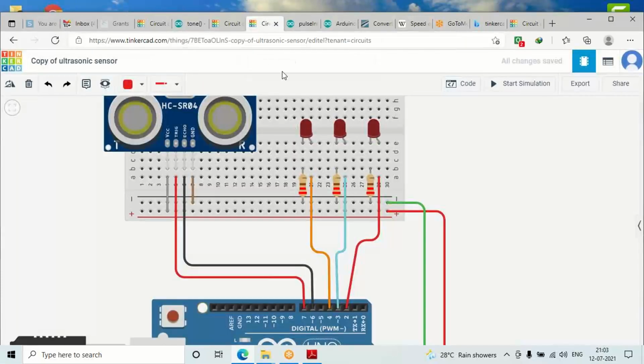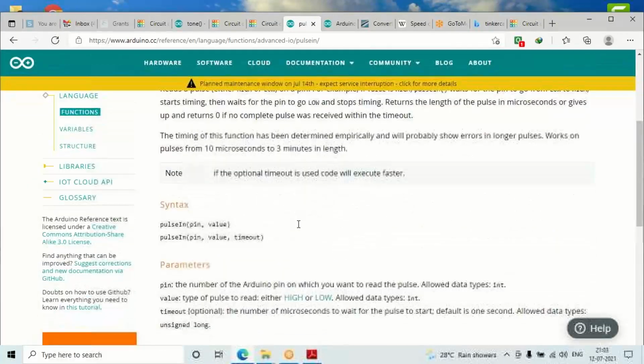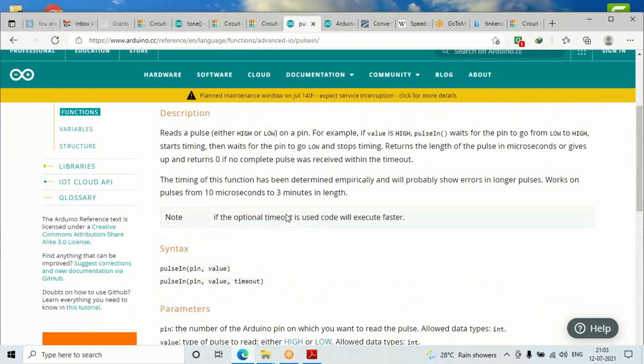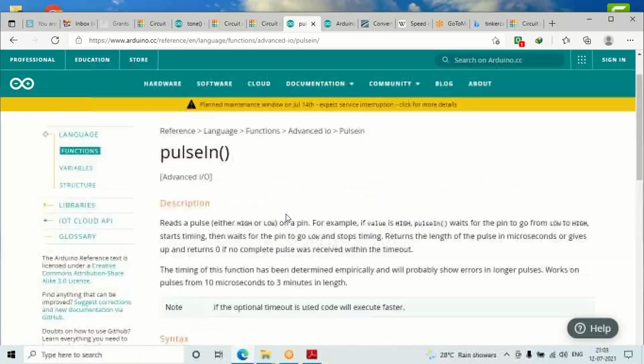Now based on this, we'll be calculating the distance. So distance is equal to speed into time. This ultrasonic sensor will be calculating the time and giving it to us. For that purpose, we have one function that is called pulseIn.